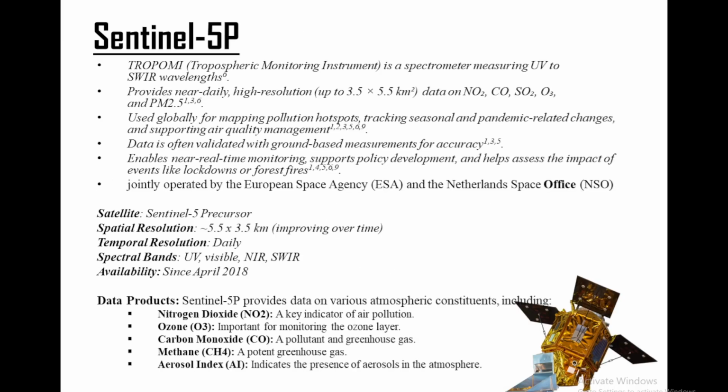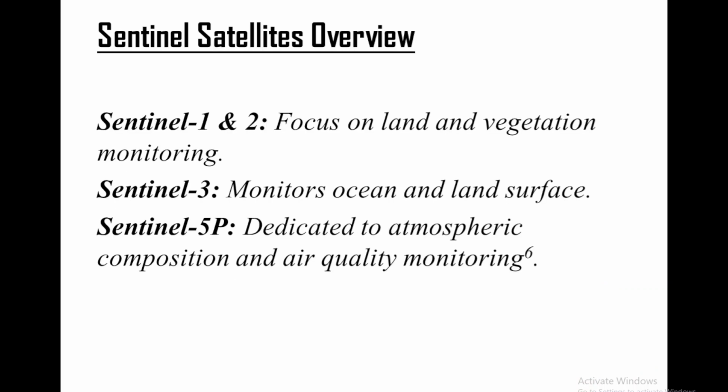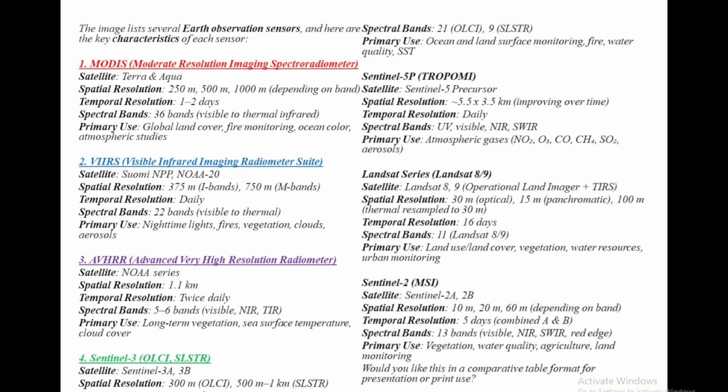The sensor is going to work across ultraviolet, visible, near infrared, and shortwave infrared bands. That means it has a wide bandwidth within which the sensor operates. Other very notable sensors include VIIRS for nighttime lights and fire detection, GOME2, which is used for detecting ozone, and IASI, which is used for measuring atmospheric composition.